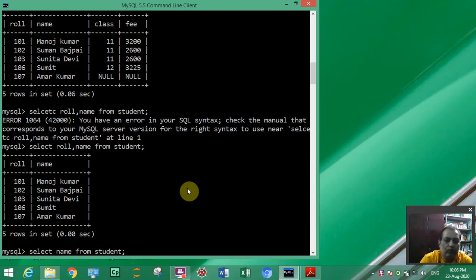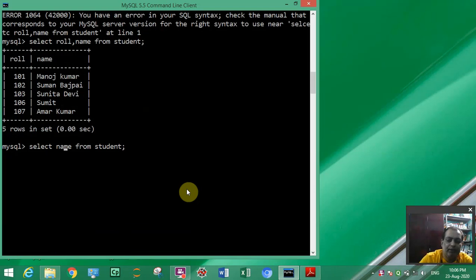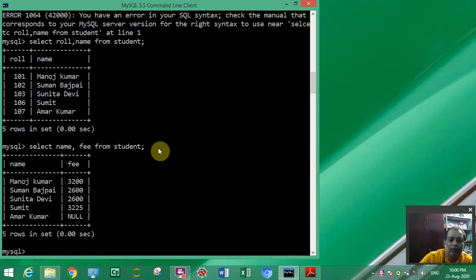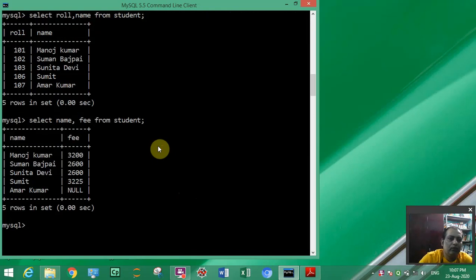So what you will do, you will write here name and what you want, fee, from the student table. In this way you can display only name and fee. So in this way you can display whatever you want from the table. Okay, so I hope this is clear.